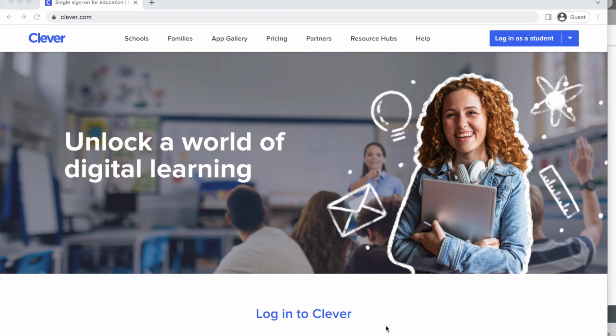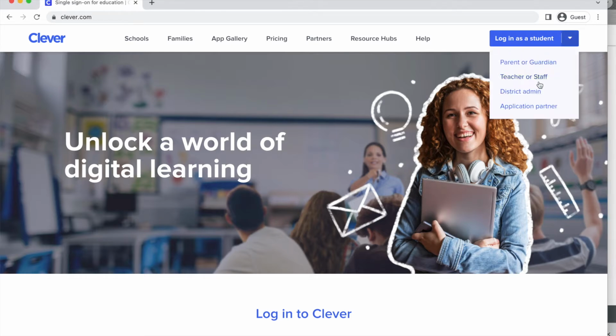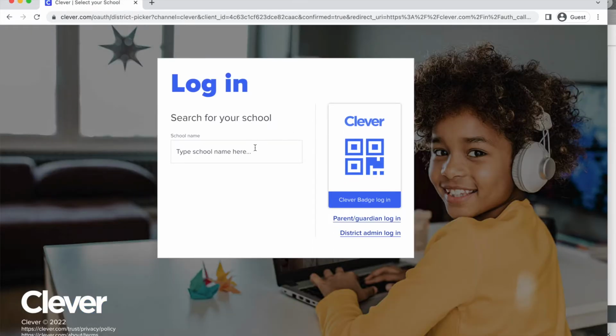As you're setting up your rosters, the first thing you need to do to start the entire initiation process with the sync is to log in through Clever. You're going to actually have your students do the exact same thing. They're going to access the Savvis accounts through Clever. So go ahead and say log in as a teacher, search for your school,